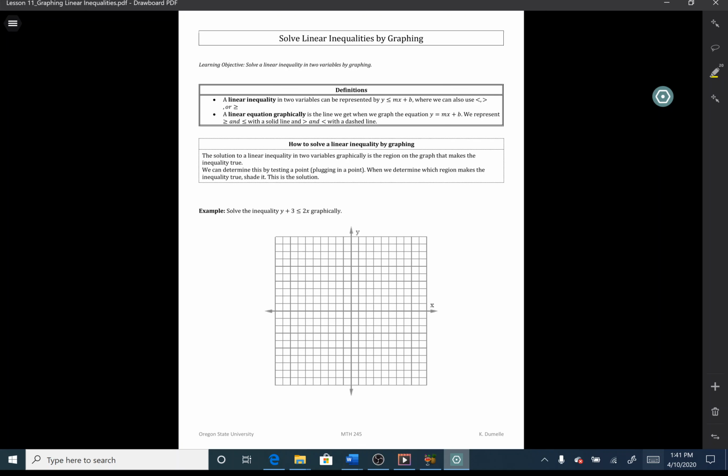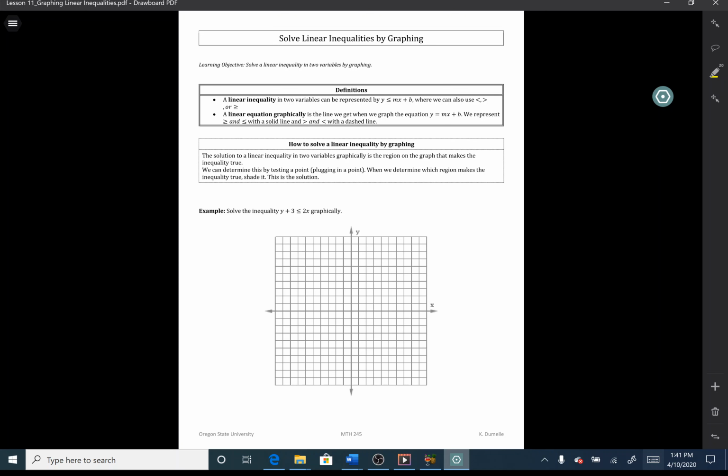So this is week 3 of Math 245. We are done with matrices for now, and now we are going to move on to how to solve linear inequalities. We've looked at linear systems of equations in the first week and a little bit with matrices as well. Now we are focusing on inequalities, and in this lesson we are talking about how to solve linear inequalities